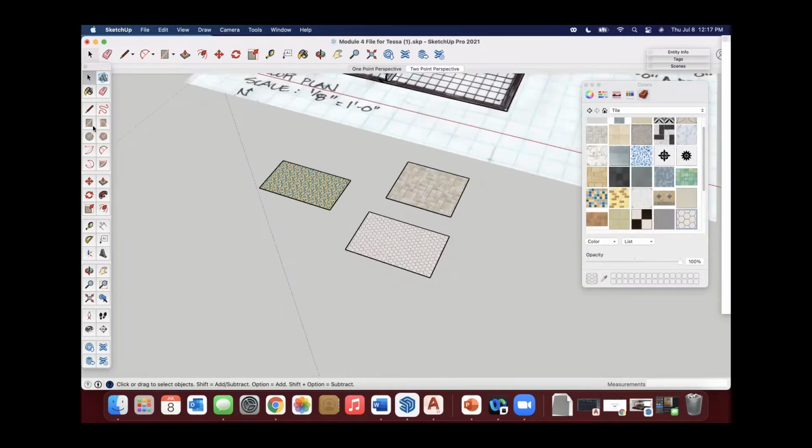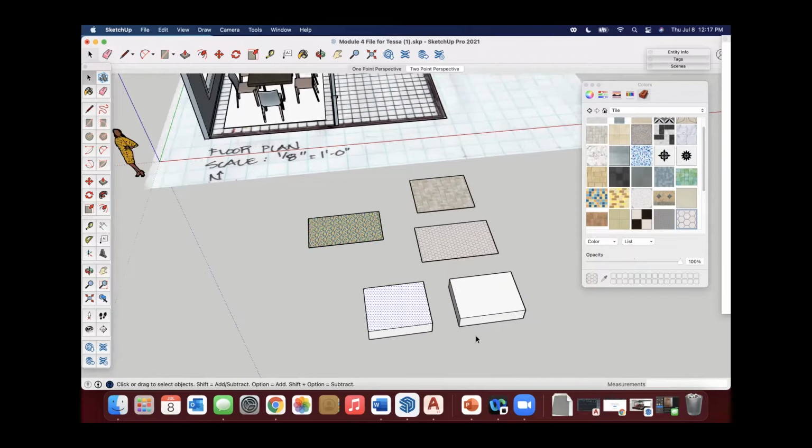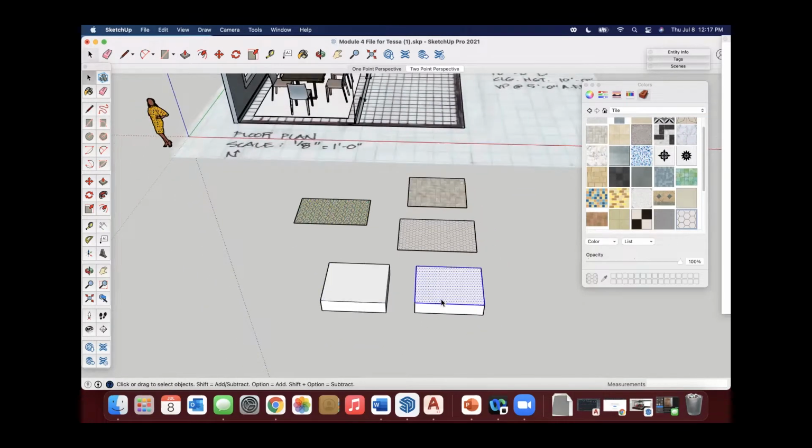Now there's a difference though. I'm going to take two faces and extrude them up just a little bit with push pull. One of them I'm going to leave ungrouped, and the other one I'm going to triple click and make a group.